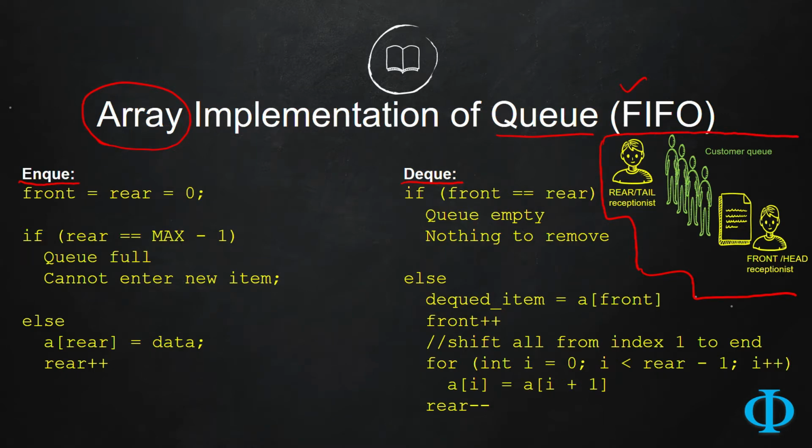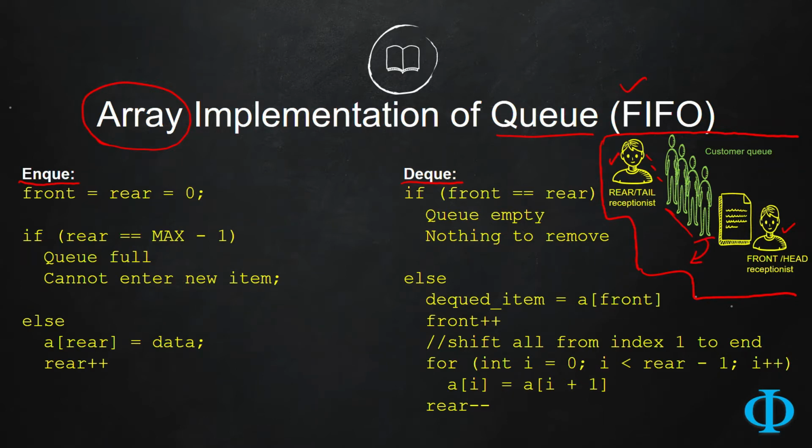Always remember that in order to maintain a long queue like this customer queue, you have to have two different receptionists. The first one is a rear receptionist who keeps track of the growth of the queue, and the second one is the front receptionist who serves the customer in the beginning and takes that customer